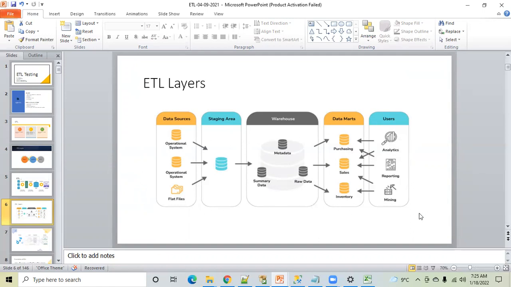So the first thing is you get data from different sources. You dump it in a staging area. You apply some transformation logic, and then finally the creamy data, you load into a data mart. This is the final, good quality data, and then you show that data on a report. Any question?